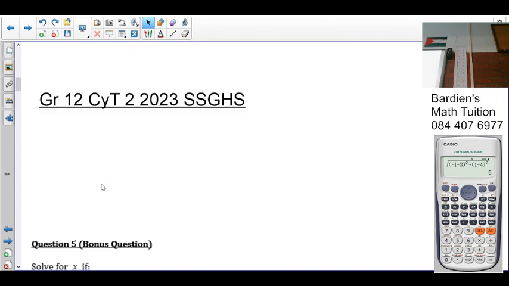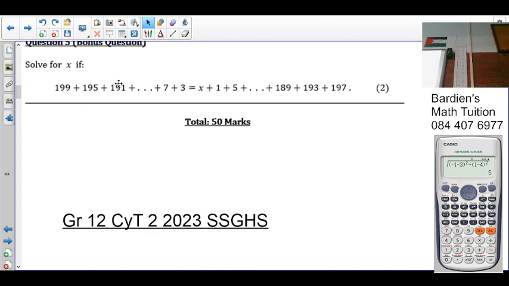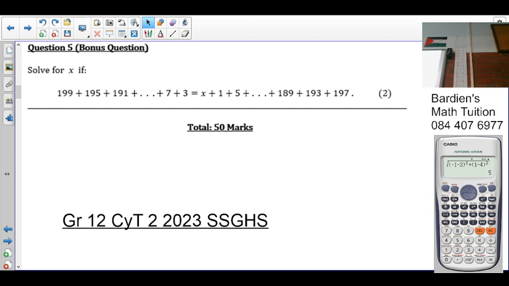Okay. And the last question, the bonus question, is solve for x if 199 plus 195 plus 191 plus, it goes all the way to 3 plus 7 is equal to x plus 1 plus 5 plus. People, what you should notice here is that we are subtracting 4 all the time, not so? Here we are adding 4 all the time, not so? However, if I take everything to one side and x on the other side, I would have x is equal to